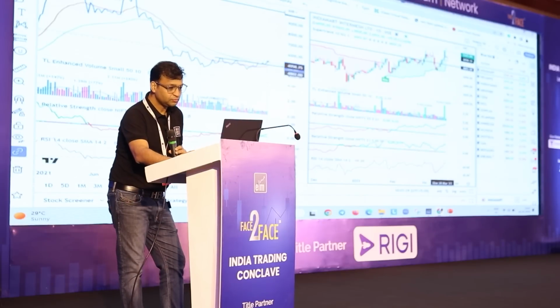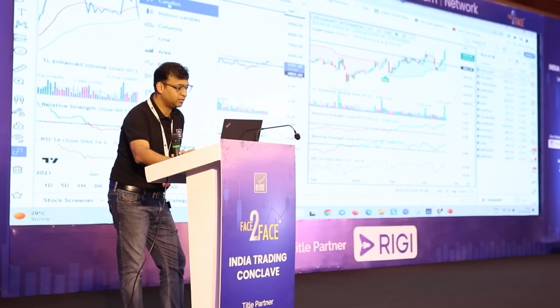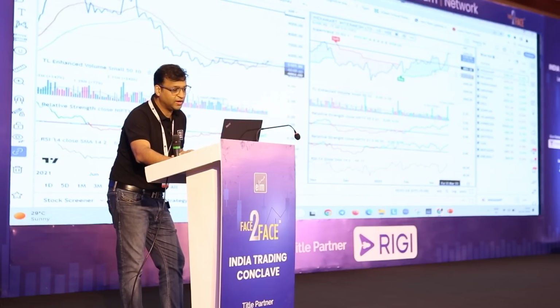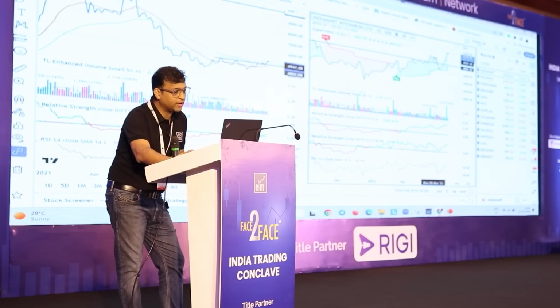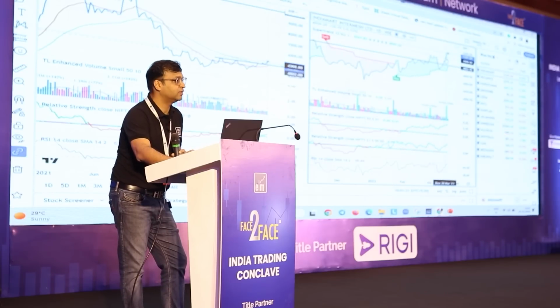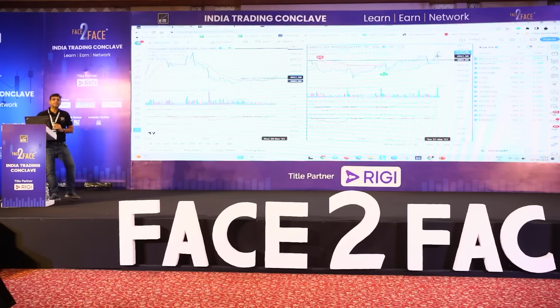When will I enter? Sorry, line chart. When will I enter? This is the previous swing high. So your ideal price to enter is here. This is the best risk reward zone for you, because the candle that forms here